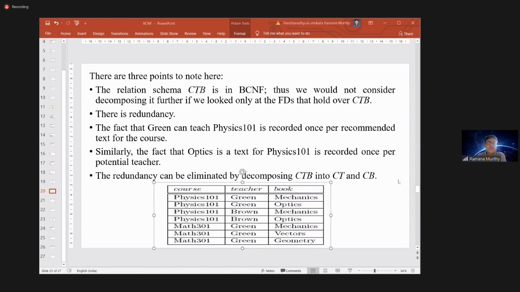What is the key here? You have to take the combination of all columns, course, teacher, book together, as the key placed on the left-hand side. Otherwise, you can't get unique values. So as all three values are on the left-hand side, whatever you put on the right-hand side, course, teacher or book, automatically becomes a trivial functional dependency.